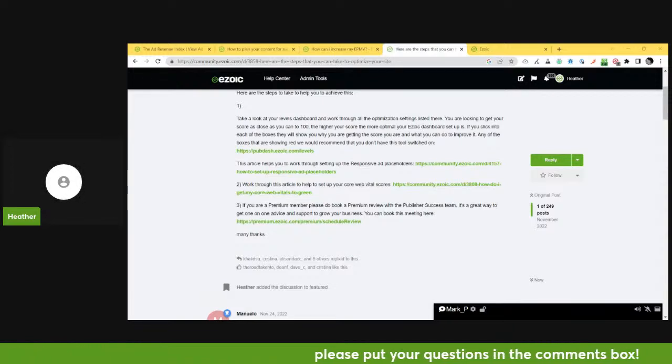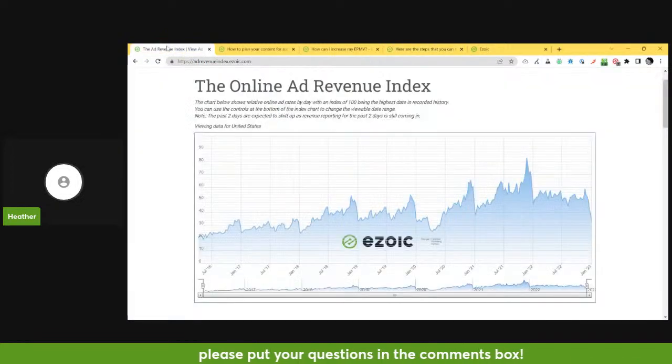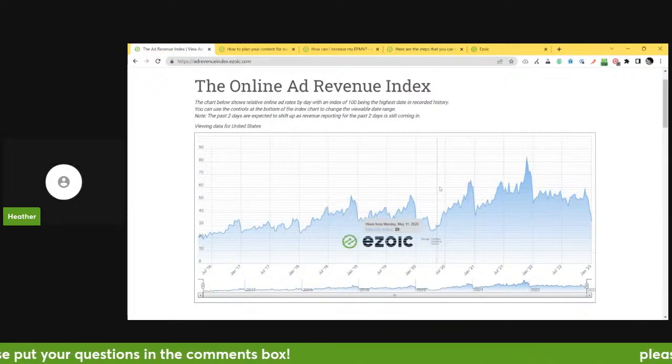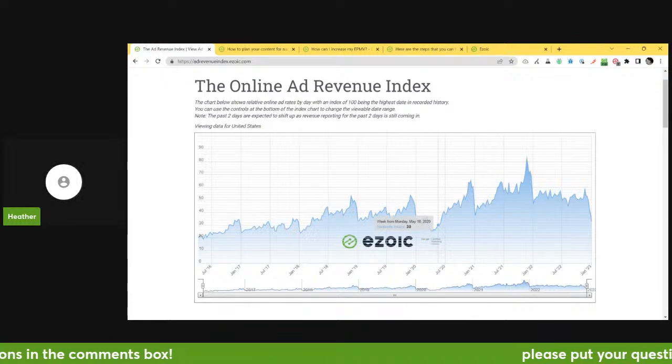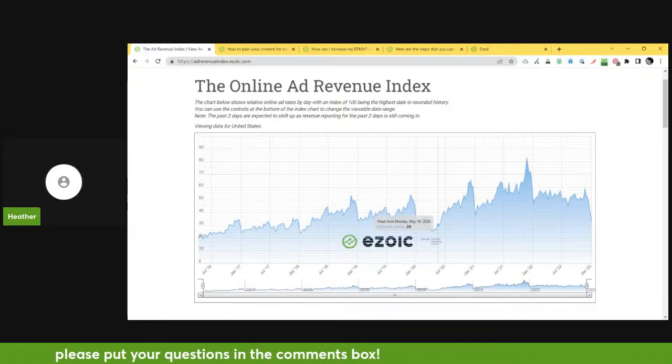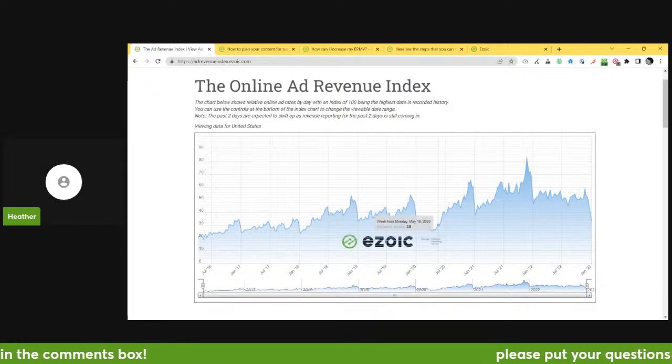The ad rates at the moment are the lowest they've been since 2019, and that's because of outside factors. All of the publishing space has been hit, just as all businesses have been hit by the social, economic and political factors that are impacting businesses at the moment.